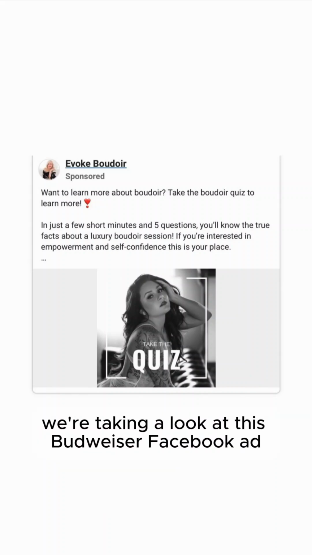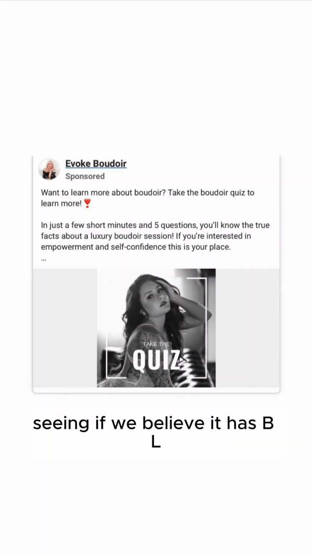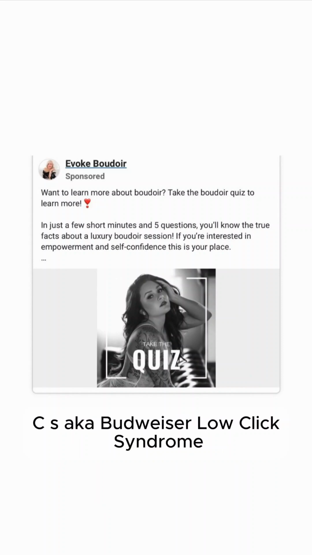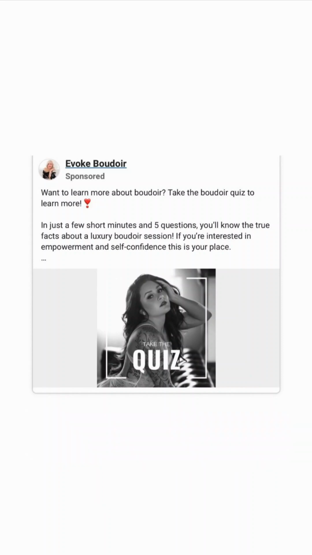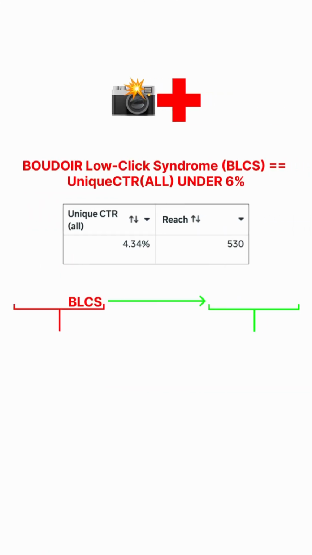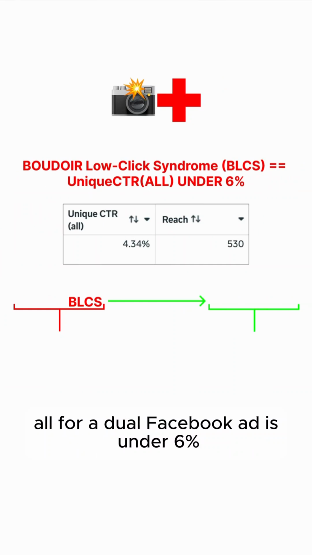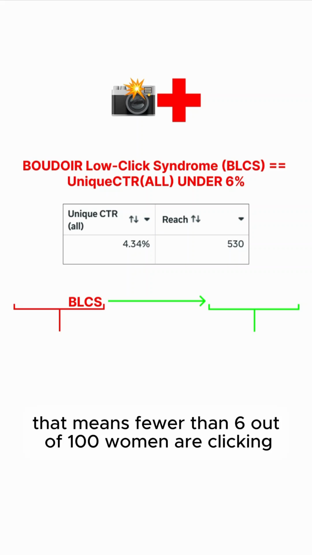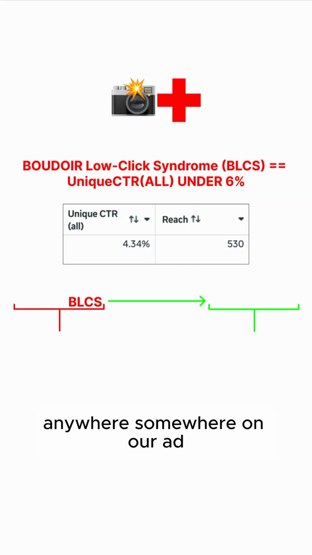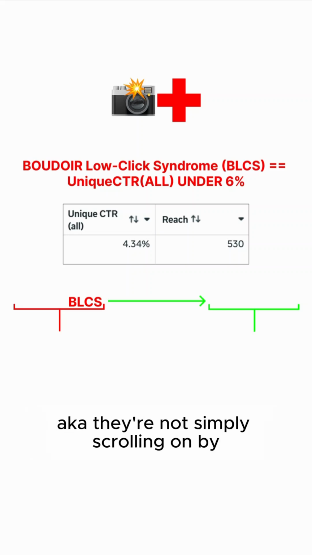All right, y'all, we're taking a look at this Boudoir Facebook ad, seeing if we believe it has BLCS, aka Boudoir low click syndrome. So Boudoir low click syndrome is when the unique CTR all for a Boudoir Facebook ad is under 6%. That means fewer than 6 out of 100 women are clicking anywhere, somewhere on our ad, aka they're not simply